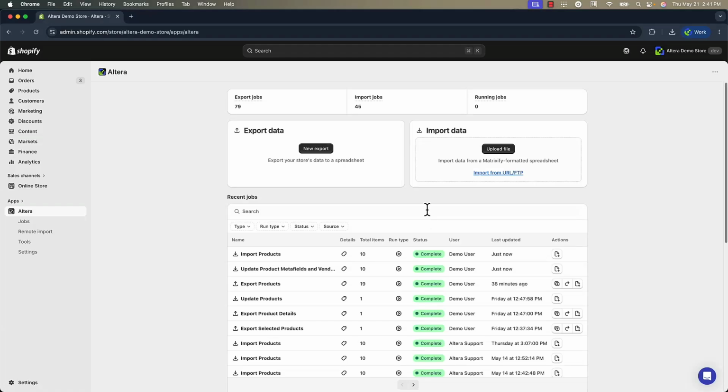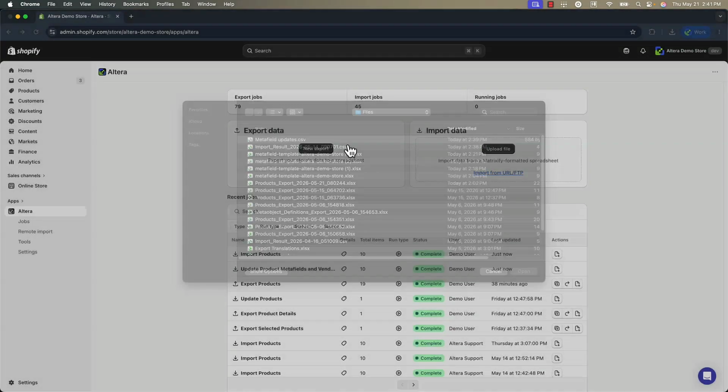From here, you can replace the example rows with raw product data, save the file, and import it back through